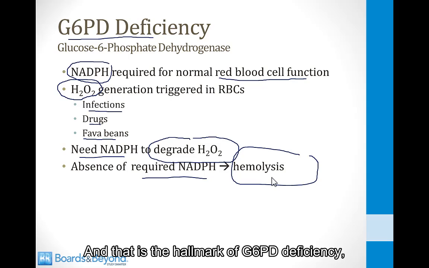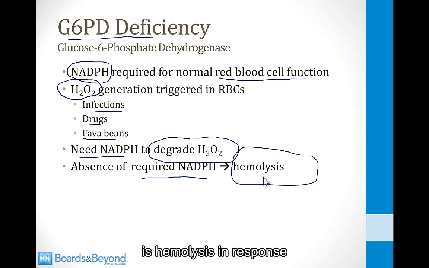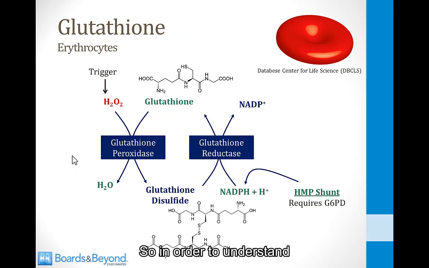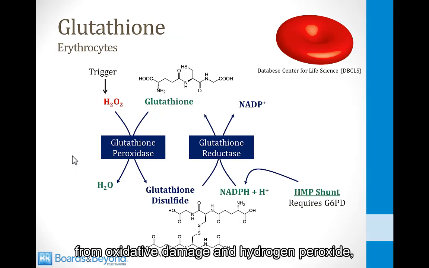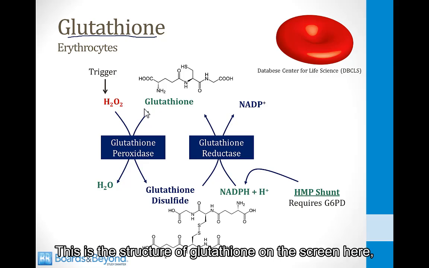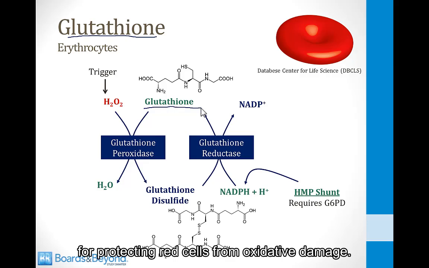And that is the hallmark of G6PD deficiency, is hemolysis in response to certain classic environmental triggers. So in order to understand how NADPH protects red blood cells from oxidative damage and hydrogen peroxide, we need to understand a molecule called glutathione. This is the structure of glutathione on the screen here, and it is very important for protecting red cells from